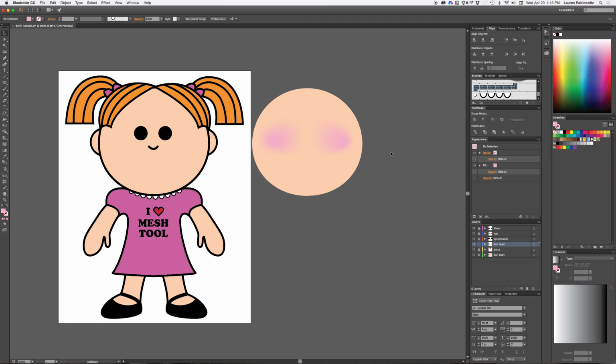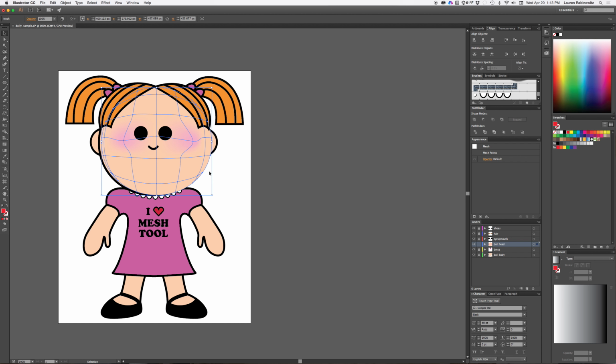So if I want to work on the actual doll head, I can nudge that into place and keep applying gradients. If I think I want to add highlights